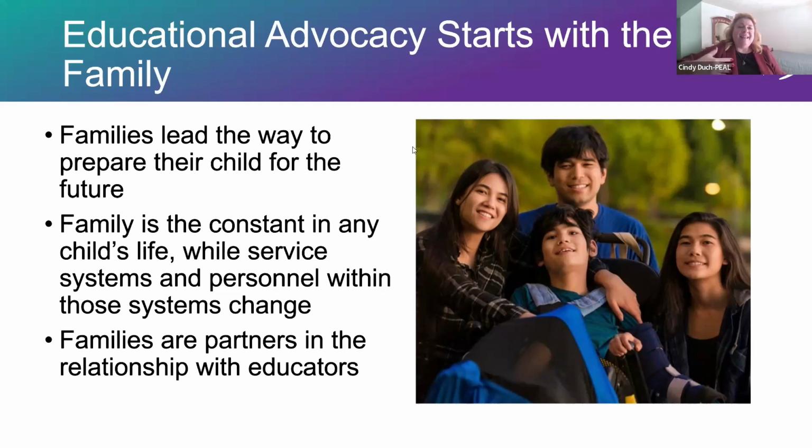It's always been families that have advocated for increased advocacy. You look at the PARC consent decree, started with families. In Pennsylvania, you look at the Gaskin settlement, started with families. The word family is mentioned, I think it's over 400 times in IDEA. So family is the core of advocacy and the constant in the child's life. So that's why I say,